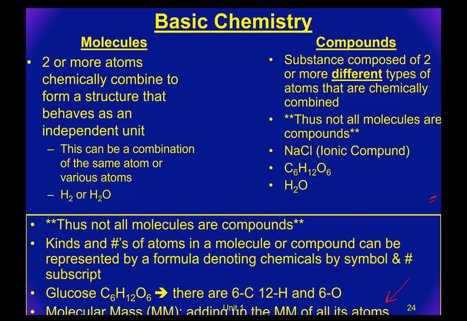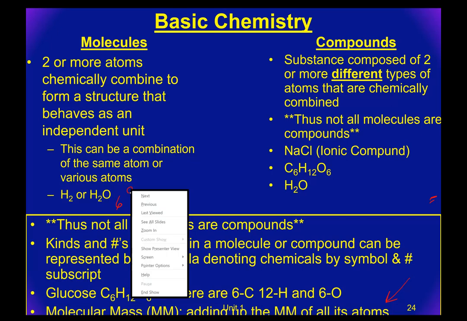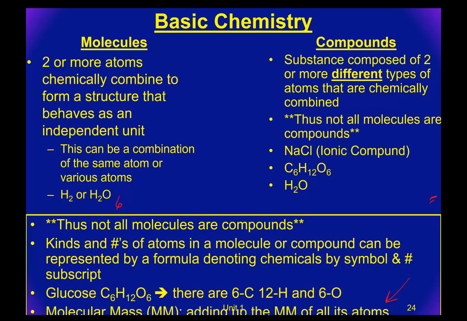Okay. So I have 6 carbons because it's C6H12O6. So 6 times 12.011, plus I have 12 hydrogens, and the number for my molecular mass was 1.0075, plus I have 6 oxygens, so it's 6 times the molecular mass of